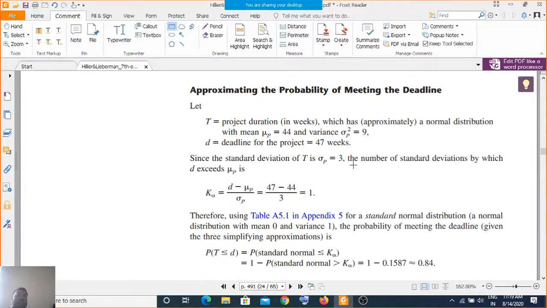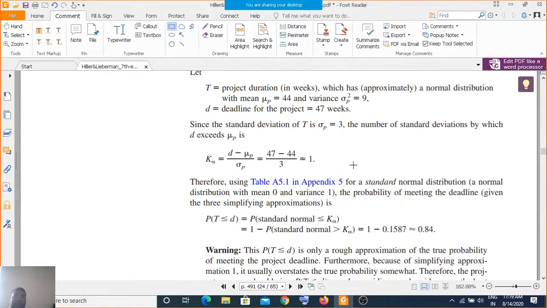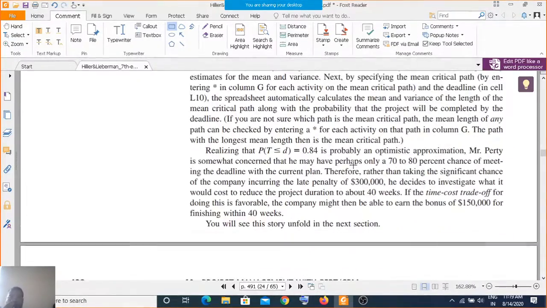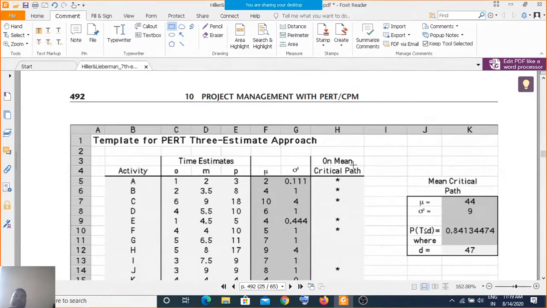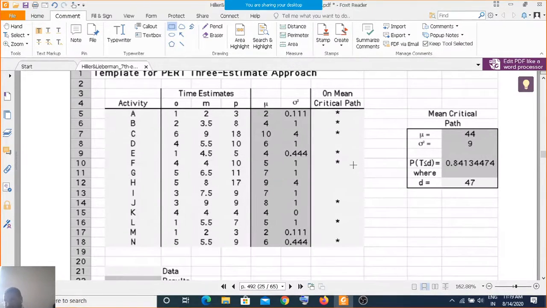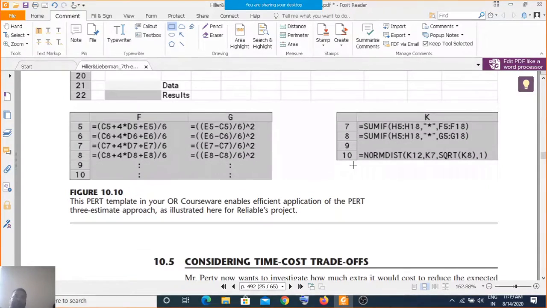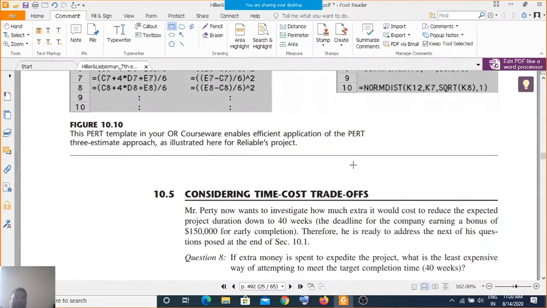So approximating the probability of meeting the deadline, this probability of meeting the deadline, k alpha, can be given. I'm not going through all the detailed reading, so this is the PERT calculation done on the MS Project template in operations research.